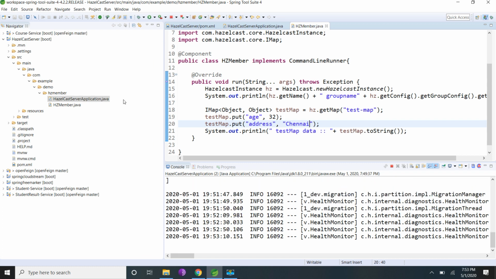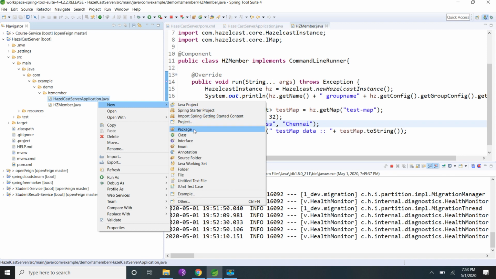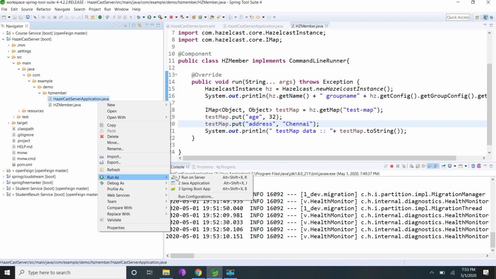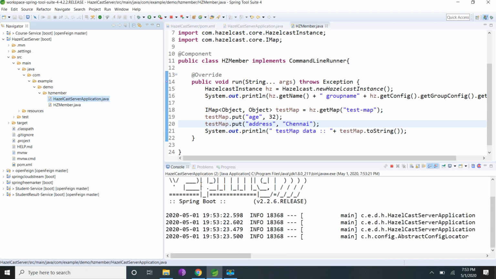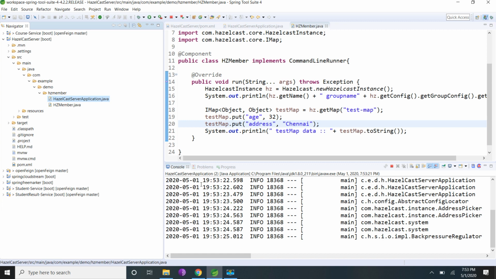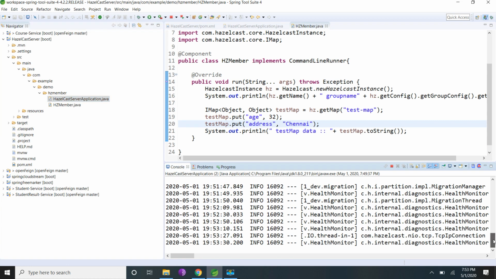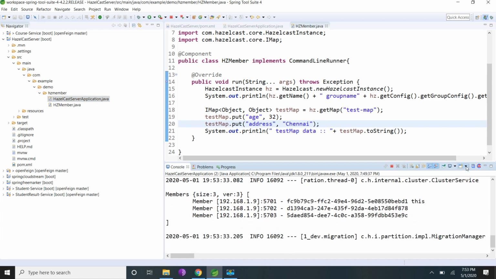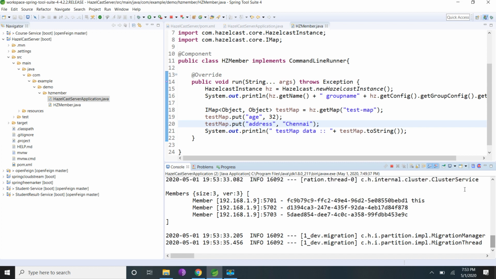And now I'm going to start one more instance. So now we'll be having 3 instances, 3 Hazelcast members. See, now automatically 3 members got added.